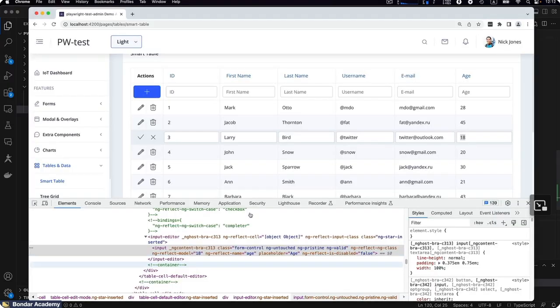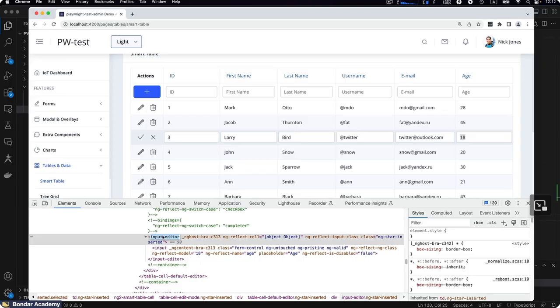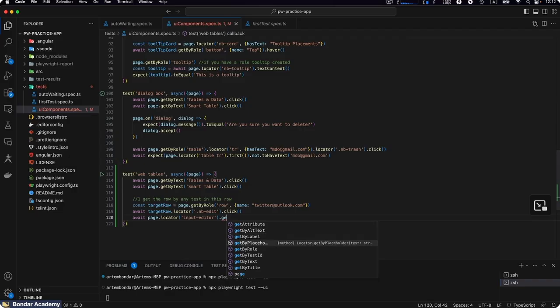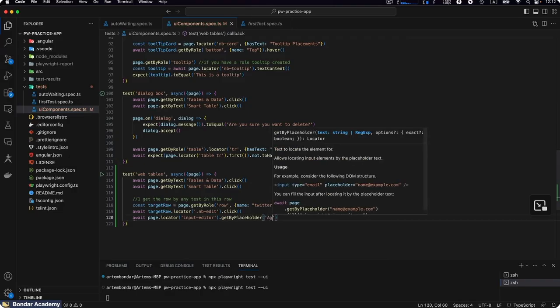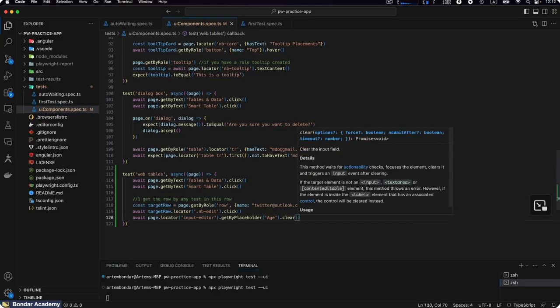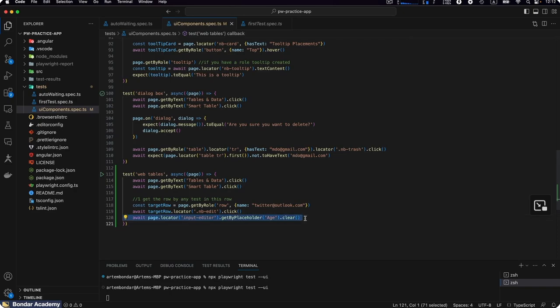First we need to take this input editor tag and then within it get by placeholder and we can use age. First thing, we need to clear the existing value. Clear input field, and then we want to type inside of the same cell, fill